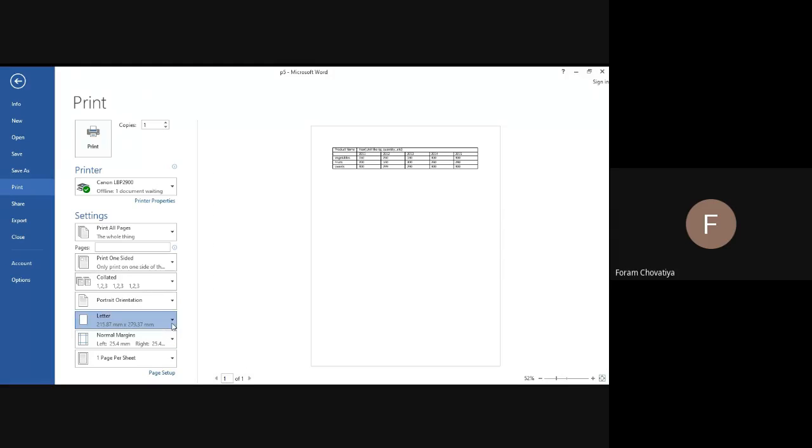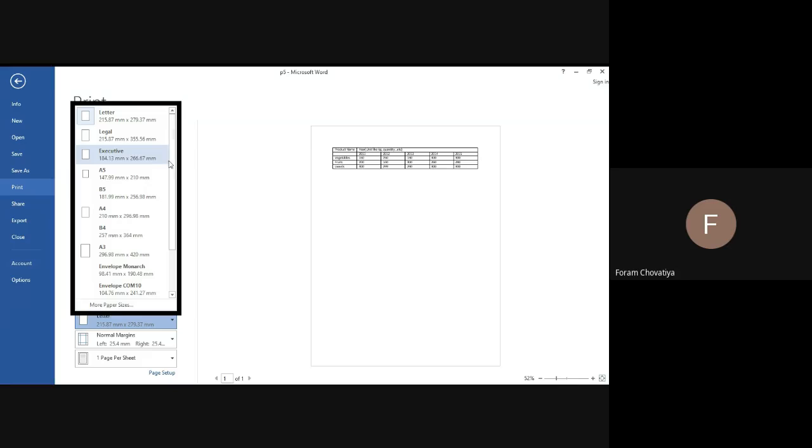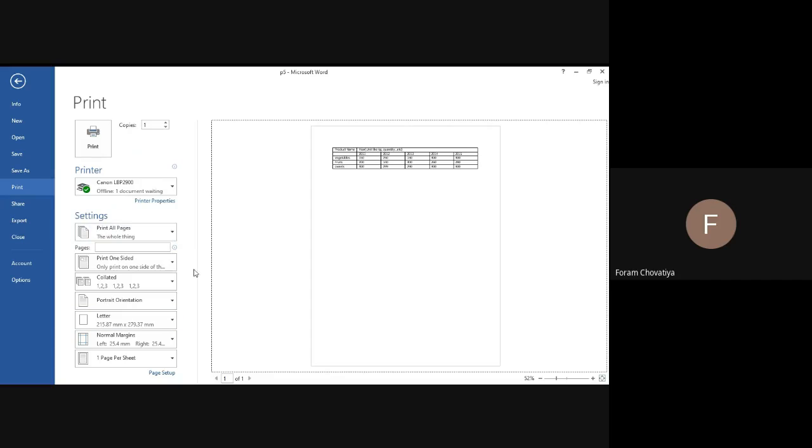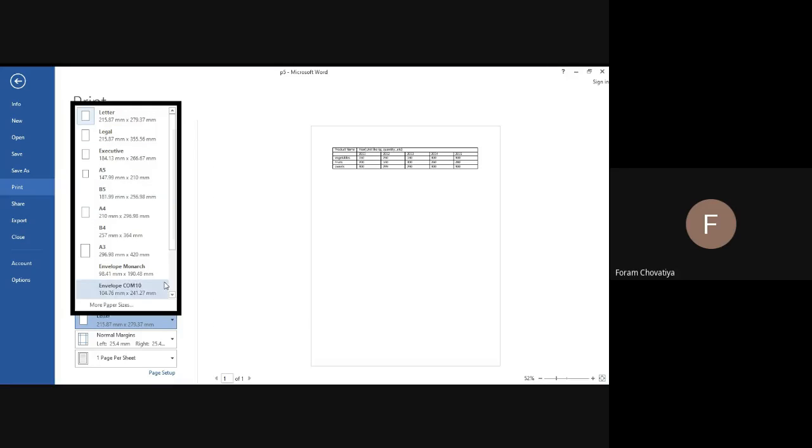Then select the paper format to print: letter, legal, executive, A5. Select the size according to which type of blank pages you can add in the printer. If you add blank pages of size A4, then select A4. Whichever size of blank pages you added in your printer, select that option.